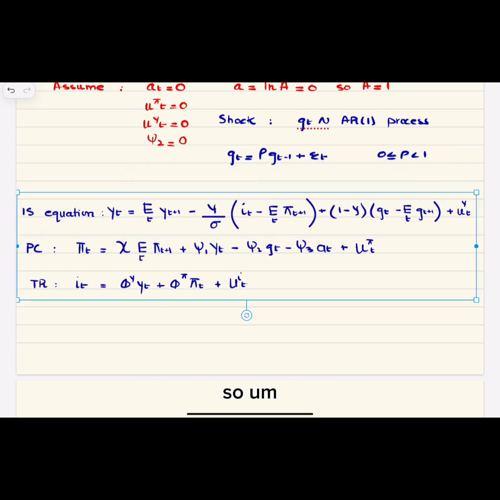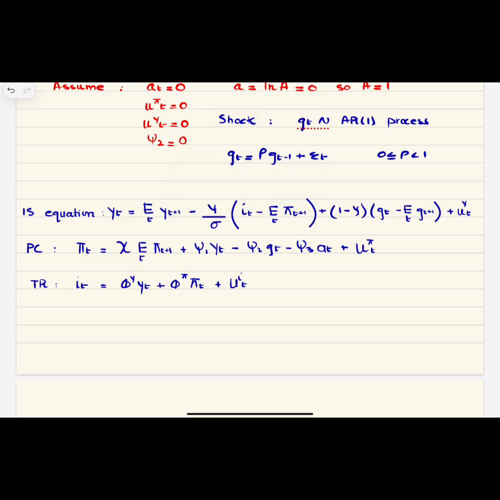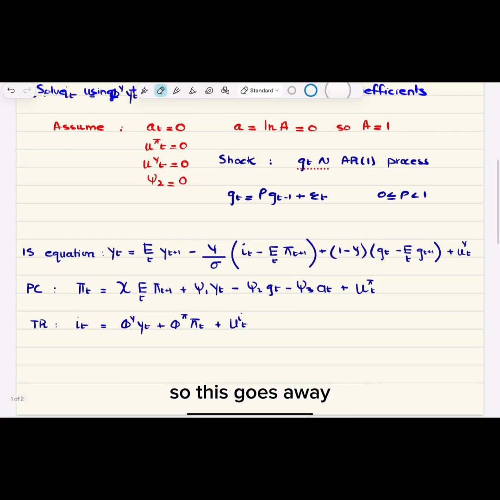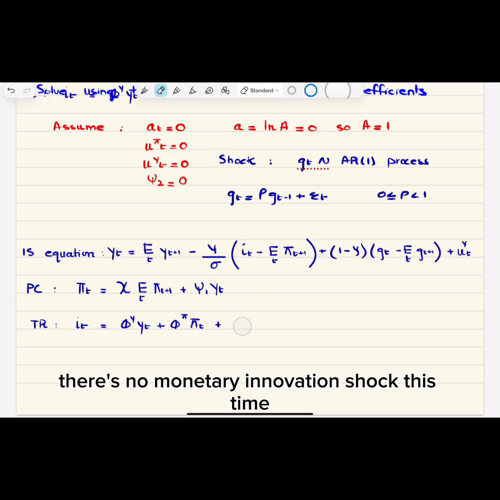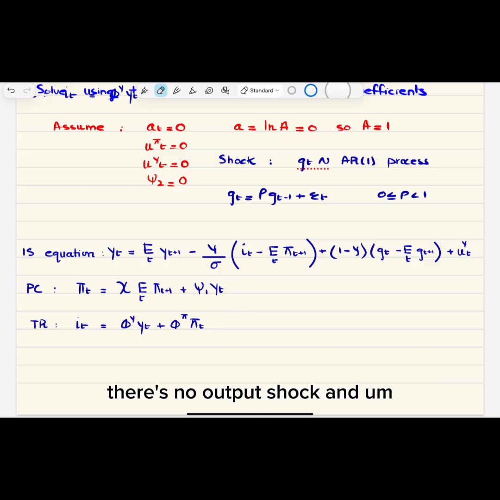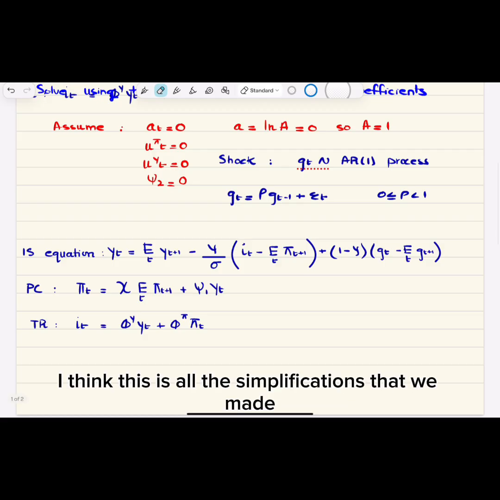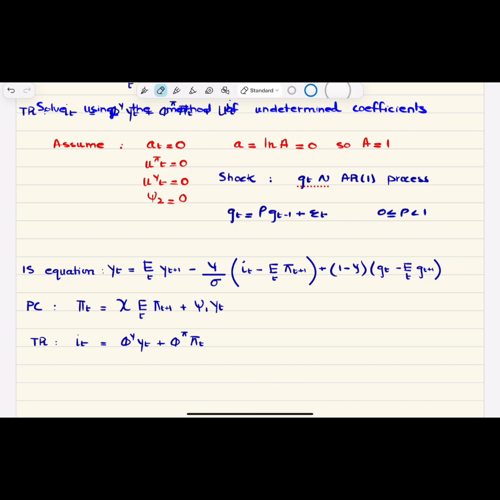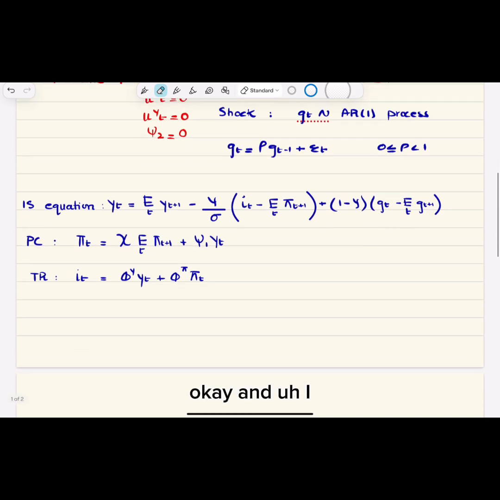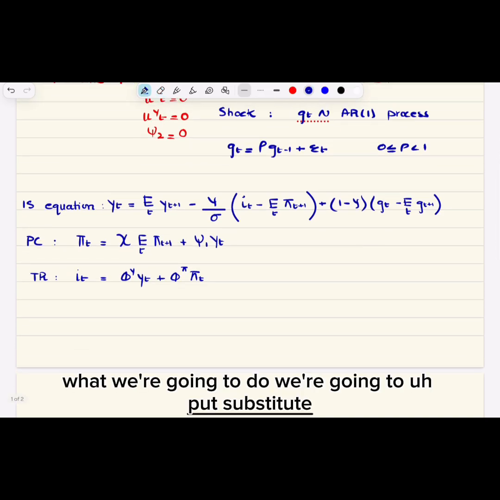We assumed A is equal to 0, so this goes away. There's no inflation shock, this goes away. The coefficient of G_t is 0, so this goes away. There's no monetary innovation shock this time. There's no output shock, and that's it. I think this is all the simplifications that we made. Okay, and what we're going to do is